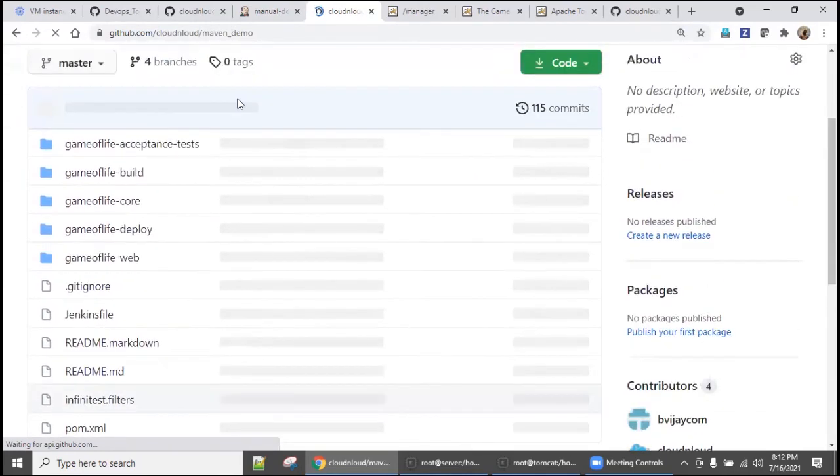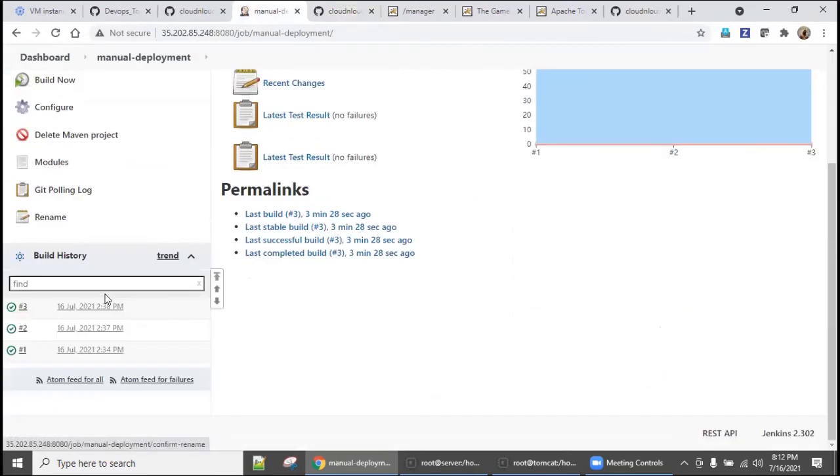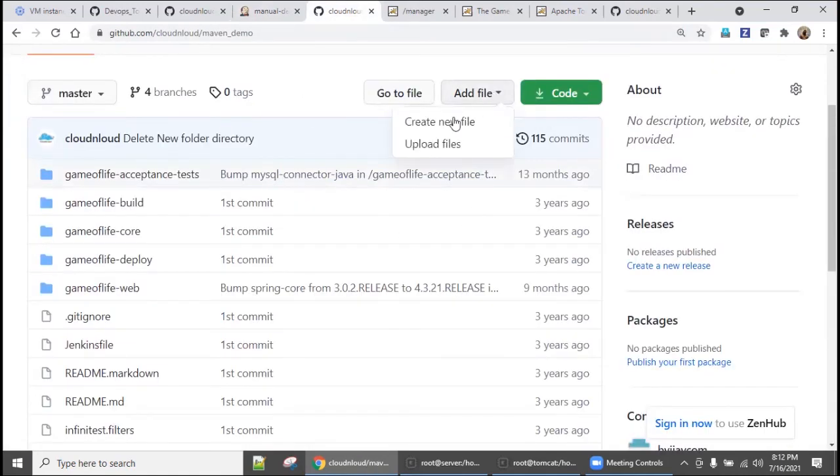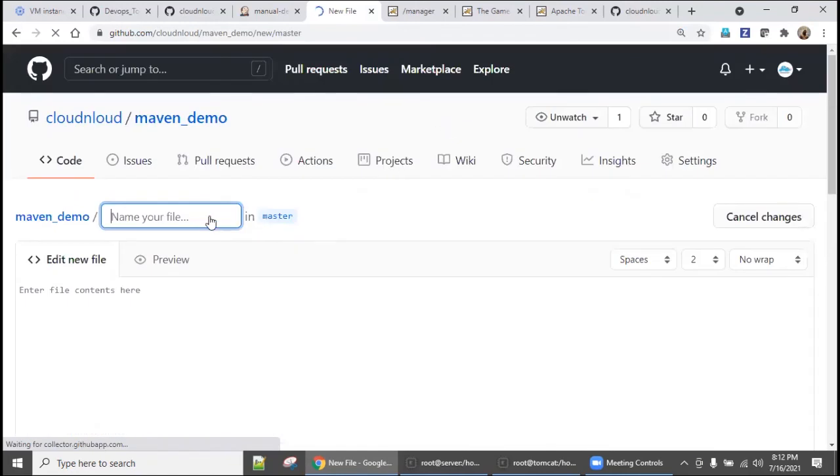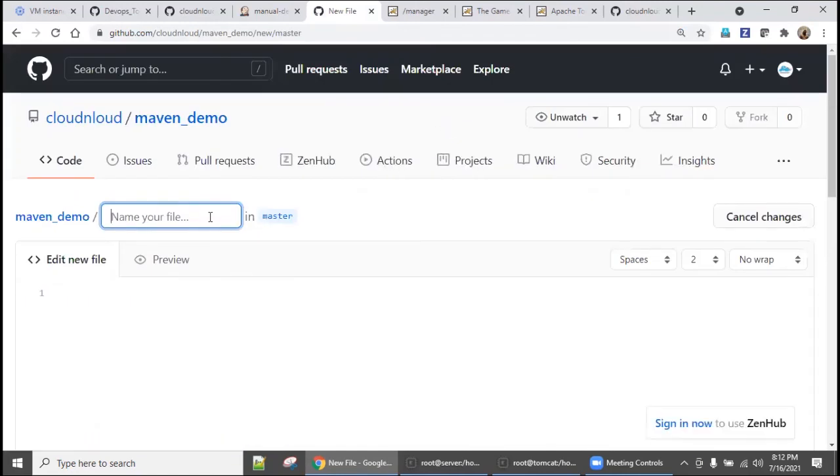Now I'm going to show you how, with three builds so far, we have enabled Poll SCM, polling source code management. I'm going to create one file, technically some developer change, say config 1.xml.